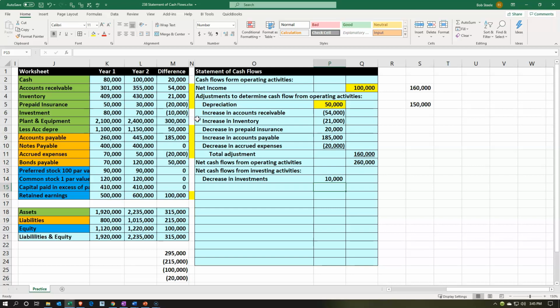If it's an investment, like when we put money into an investment, we increase the investment and decrease cash, and then when we take the money out, we increase cash and we decrease the investment. If there's a gain on the investment that we take out, then we'll have to deal with that on the income statement. But the investment portion here, we're going to say that's the $10,000, and then we